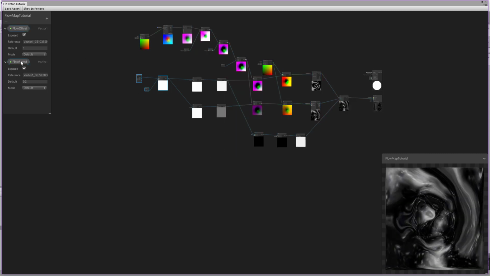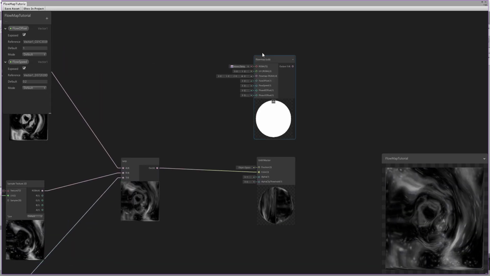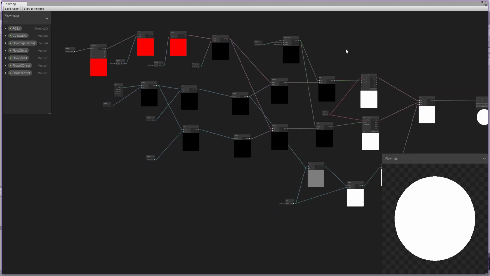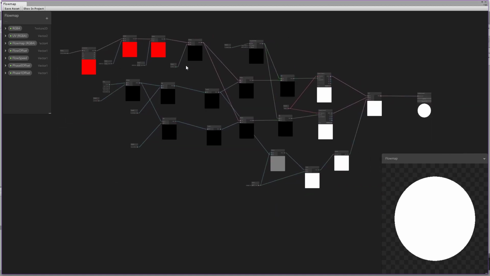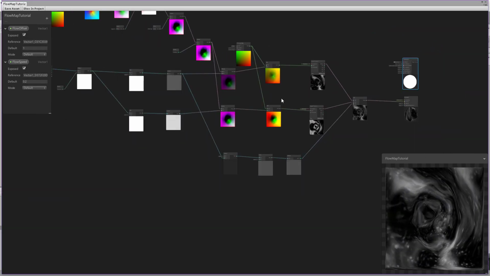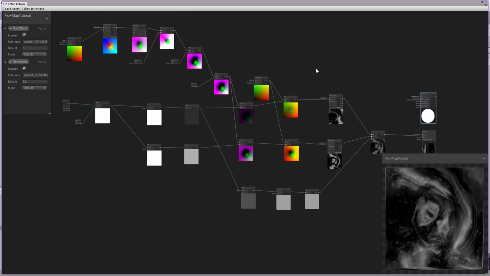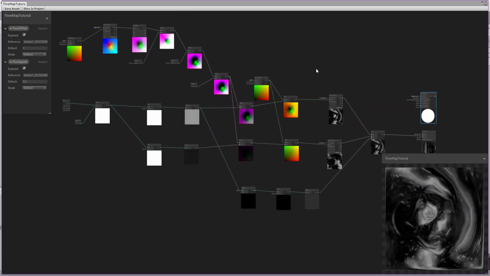Then you will need to implement the parameters, and you will have the same subgraph as I did over here. This is the same thing actually. Okay, so we are done now with implementing the flow map as a subgraph, as a shader graph